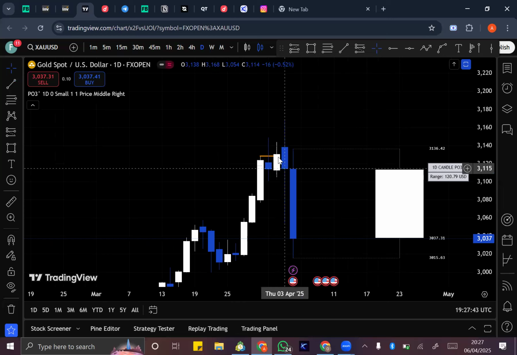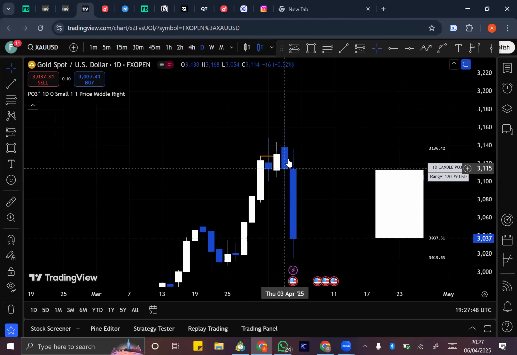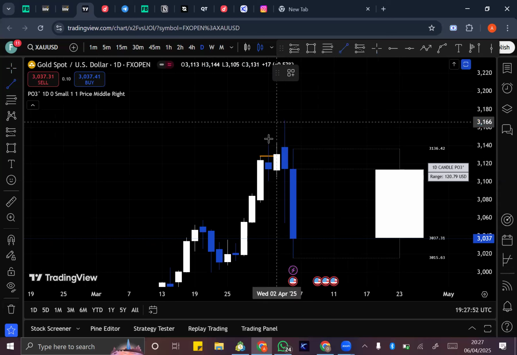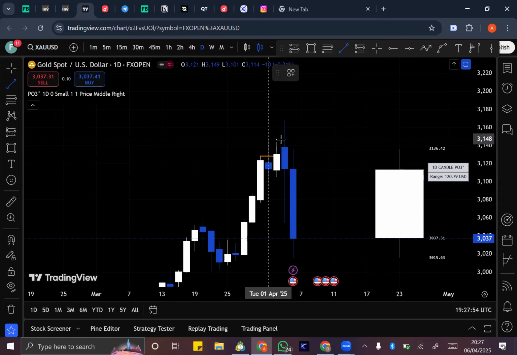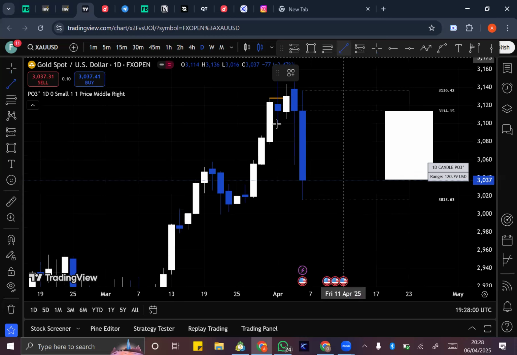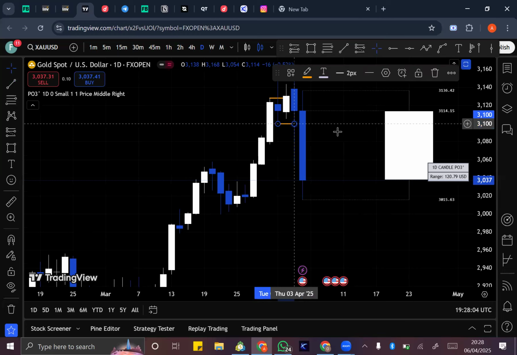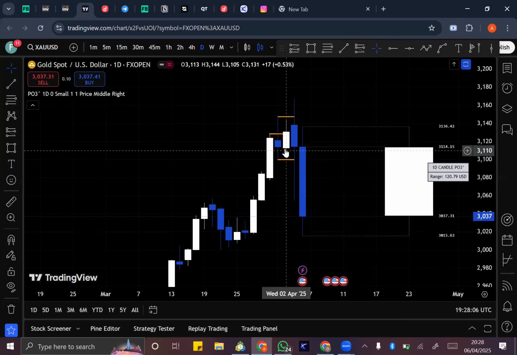It just pushed up with a bullish candle, and then the next day it didn't close with a body. So that would have given you a confirmation that the day didn't close with a body to the downside. So maybe you will have avoided Wednesday, but